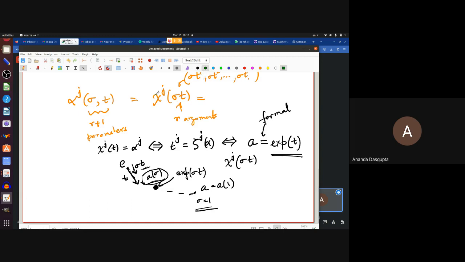At least partly. If I take exp of sigma t, which is basically A of sigma, and multiply it by exp of tau t, what do I get? Exp of sigma t is nothing but A of sigma, and this is A of tau. And what am I supposed to get? A of sigma plus tau. But this is exp of